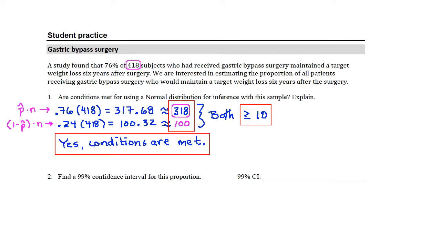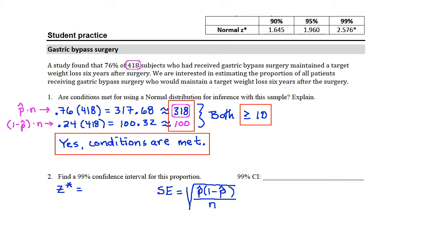Now we'll go ahead and find that 99% confidence interval. We are going to need a z star. We're going to need a standard error for which we have a formula. And once we have both of those calculated, we'll be able to calculate our margin of error by multiplying them together. Remember that z star is just a table lookup. We have a 99% confidence interval, and z star only depends on the confidence level. So our z star is